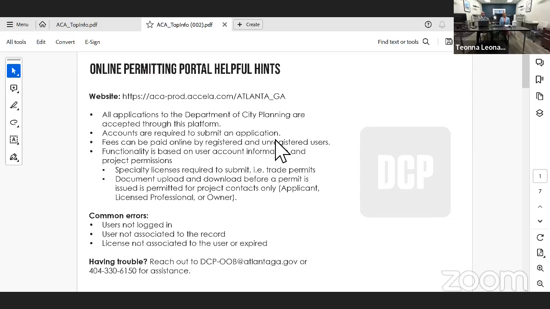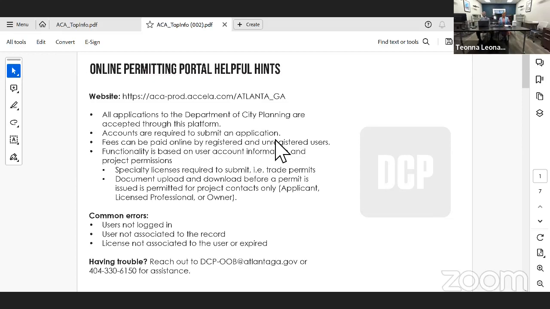We've been tracking this to see what improvements we've made thus far. We've gone from an average of 170 days for a single family residential permit, a brand new single family residential permit before our restructuring, 170 days from start to finish on average. We've dropped that down to approximately 30 days. So significant improvement.